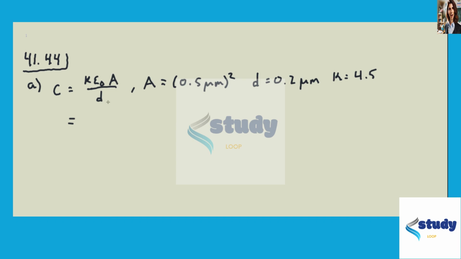So putting these numbers in here, we find that the capacitance is 5 times 10 to the negative 17th farads, which is quite small. Usually when you intentionally have capacitances in a circuit, they're in the picofarads, about the smallest that you're going to use, which would be the 10 to the negative 12th range. So this is like 5 orders of magnitude smaller than capacitances you intentionally put into circuits, which is good because